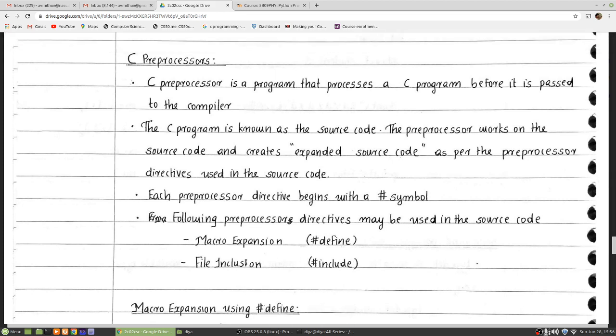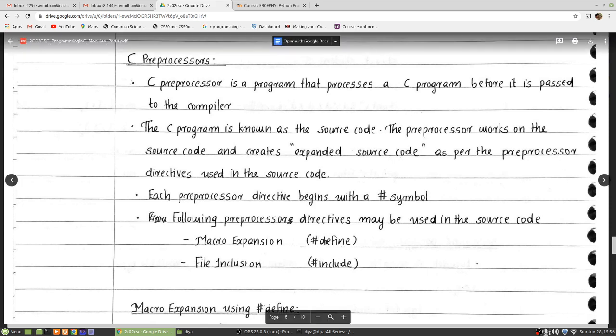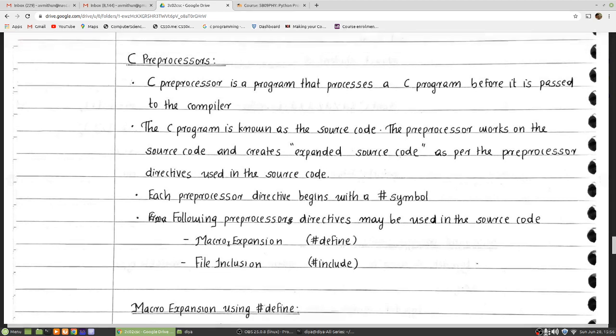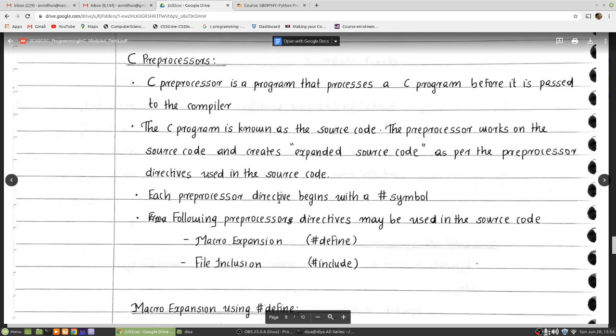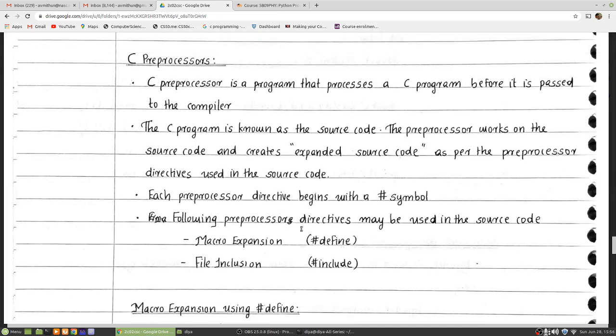Hash include is familiar to you, but we will explain once more what is the actual meaning of hash include. And the next one is hash define, which stands for macro expansion. If I ask you what are the two preprocessor directives we are going to use in this session, it is hash define and hash include. You might have noticed that every preprocessor directive begins with a hash symbol.